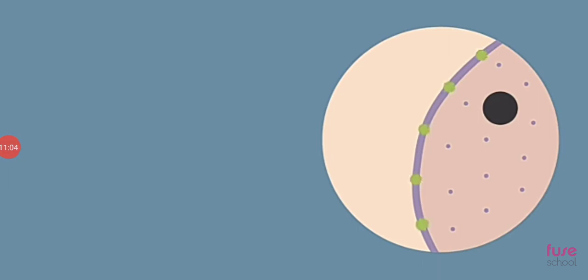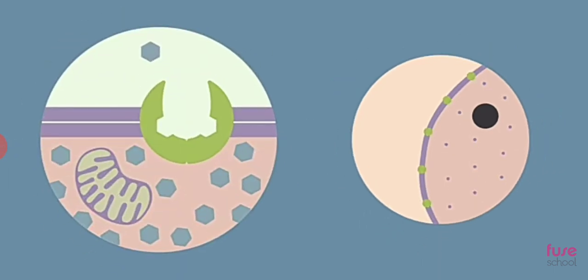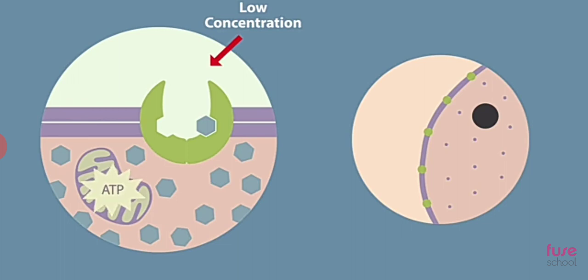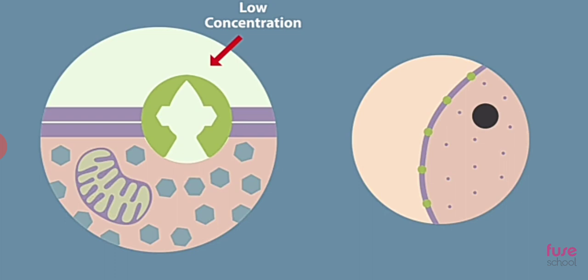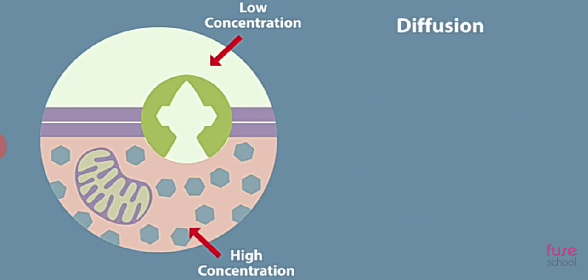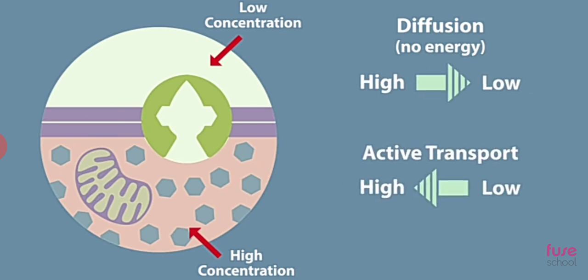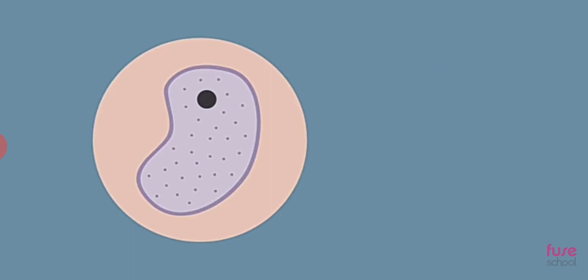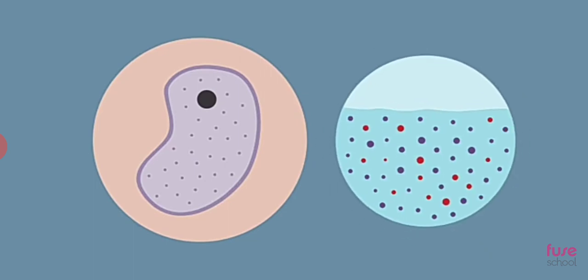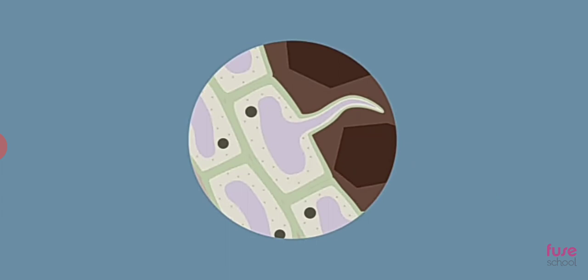Here you can see an example: this is the surface of a cell having proteins with a structure like this. They usually take the substance from lower concentration, and energy is released, through which that substance is taken inside the cell, where the concentration of that substance is higher, and lower on the outer surface of the cell. So diffusion is high to low, and active transport is low to high. Here you can see the difference is given.